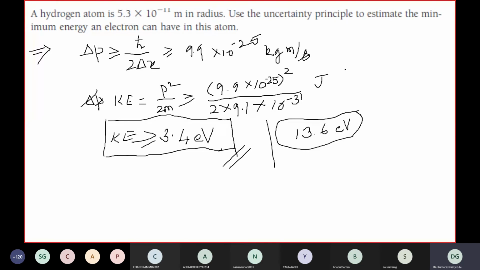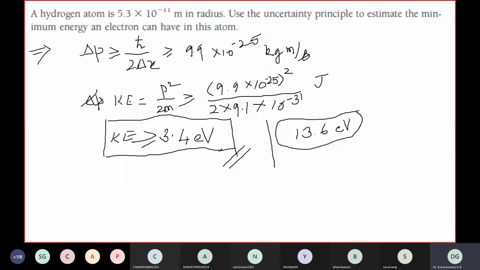Sir, I did it in the PC method, sir. How much did you get? I got 29.7 × 10^-17 joules, sir. Okay, convert it to eV. Then 1.8 × 10^5 it came, sir. That is not right. That's why you cannot use PC there. I said it behaves like a classical particle. If it behaves like a classical particle, you have to use this one.